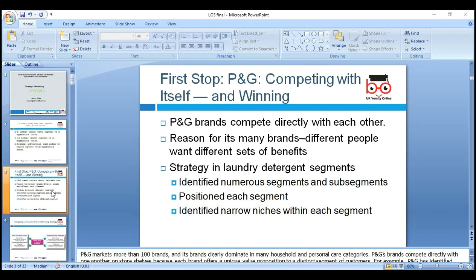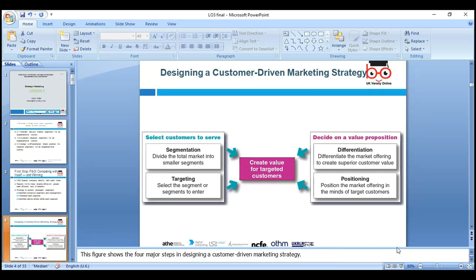Okay, so P&G, Procter and Gamble, competing with itself and winning. Procter and Gamble brands compete directly with each other. The reason for its many brands is that different people want different sets of benefits. In the laundry detergent segment, they identify different segments and sub-segments, position each segment, and identify niche markets. They're not major markets, they're small segments. So next we look now